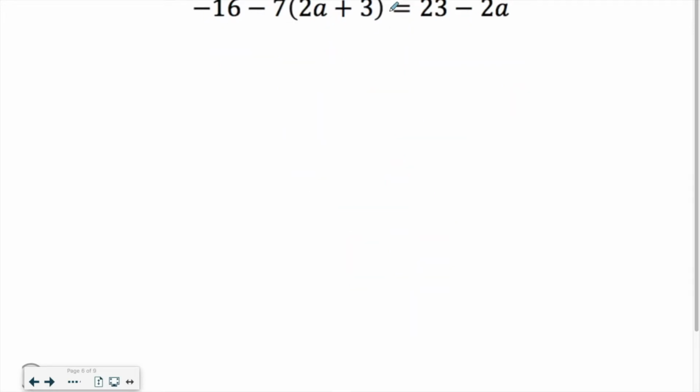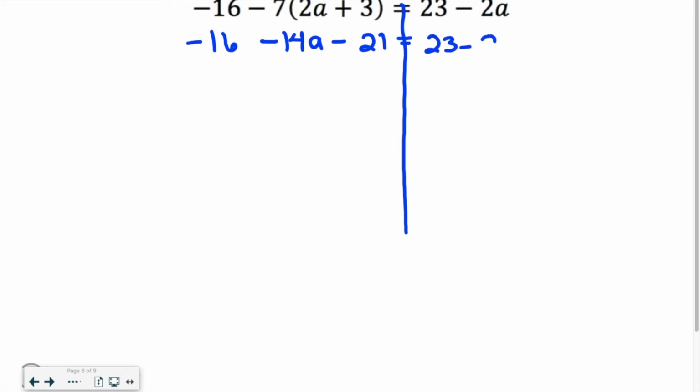Again, you're going to distribute. So -7 times 2a gives us -14a. -7 times the 3 gives us negative 21. Bring down the negative 16 and the 23 minus 2a. So you're left with negative 16 and negative 21 can be combined. So that's a negative 37 minus 14a that we didn't do anything with, and 23 minus 2a that we didn't